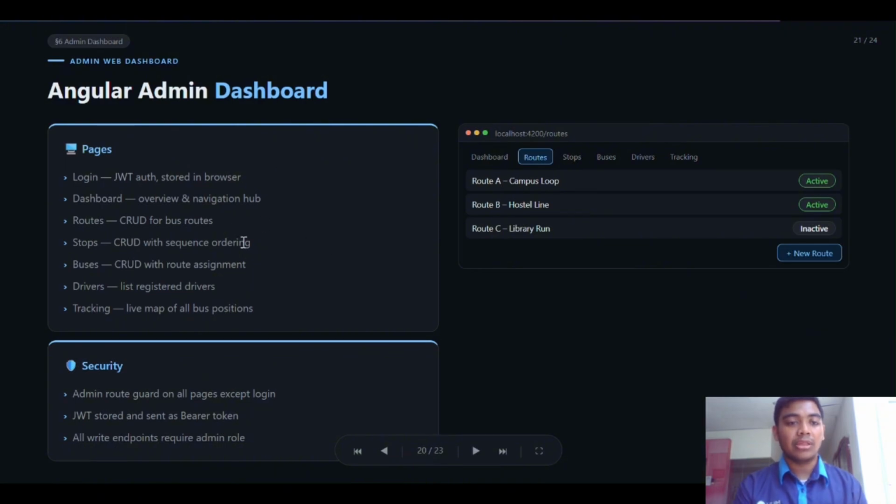And next, you can see here the functional modules inside the admin dashboard. Inside the dashboard, we have routes, we have stops, and we have buses, which operate using CRUD, which is the create, update, and delete operation functions, for each of their own perspective needs. For the bus road, and stop for the sequence ordering, and